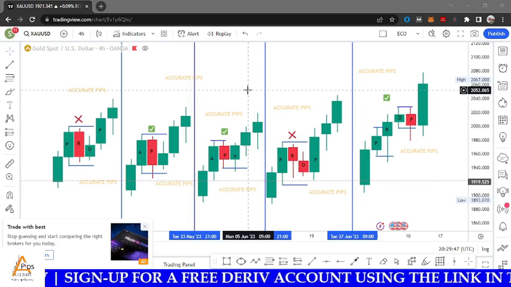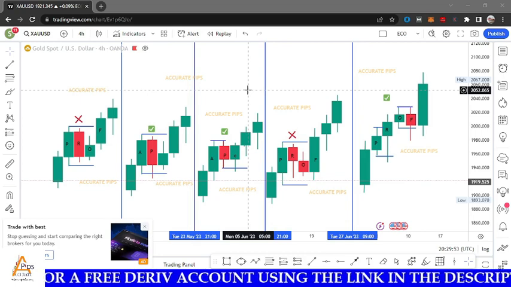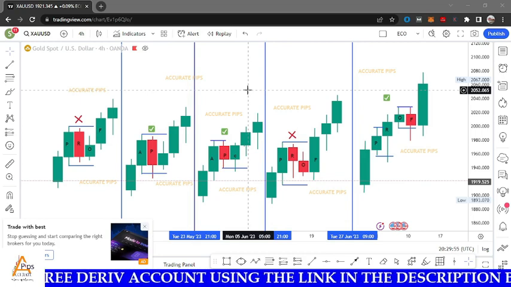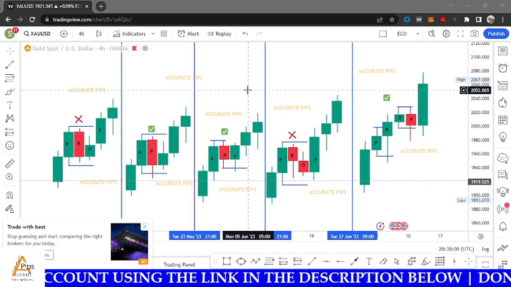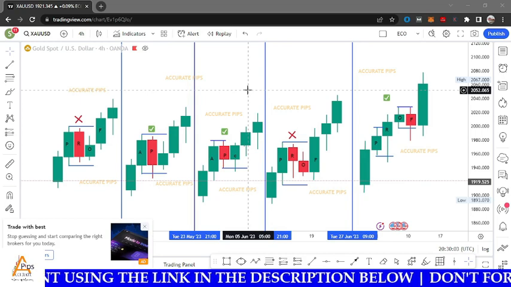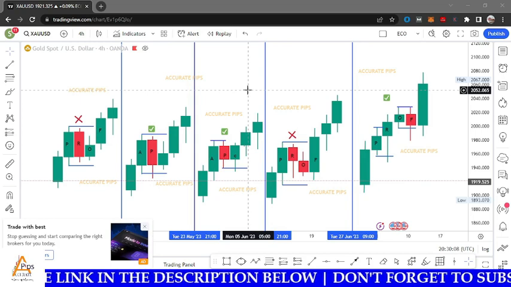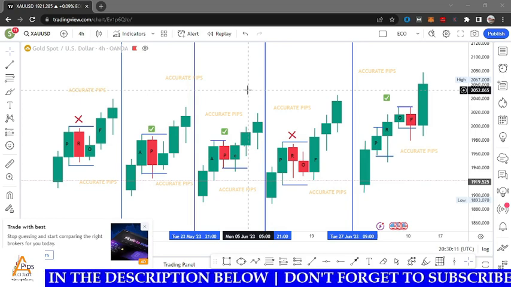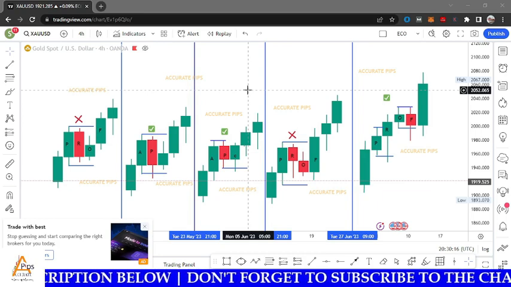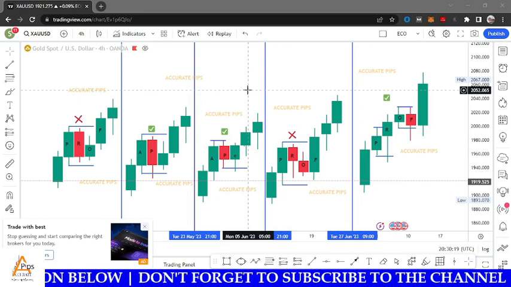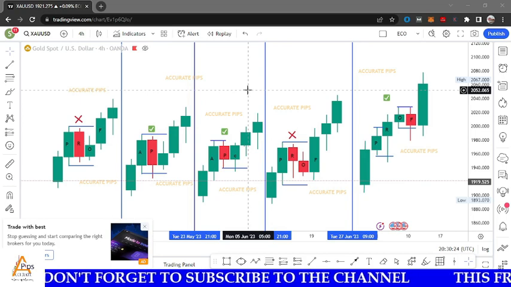But then the second aspect of this advanced market structure will be after this one, but not today. That will be a different lesson. So what is going to happen is that in that particular one, we'll be using the candlesticks to give us an idea of inducement, all right, which we are going to use to confirm certain things in the structural formation of the market. All right, so identifying valid pullbacks and invalid pullbacks using candlestick is very key for you as